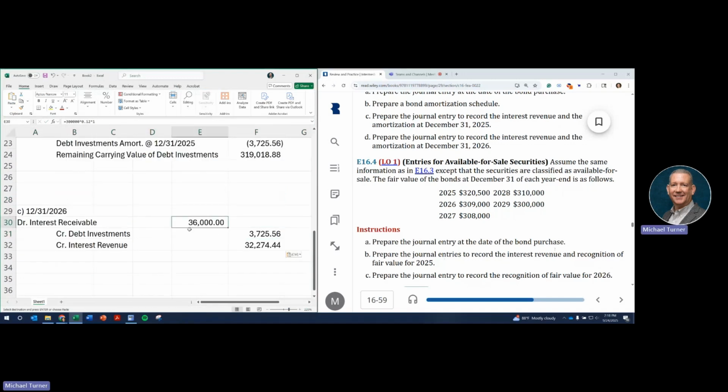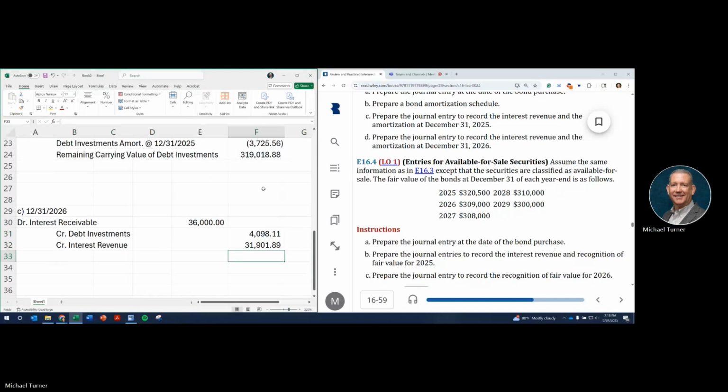So our interest receivable is always going to be the same. They're going to owe us $36,000 because that's a $300,000 bond, 12% interest for one full year of interest. It's always going to be $36,000. Interest revenue represents the carrying value. So the carrying value for the entire year was $319,000 times 10%. And so in this case,